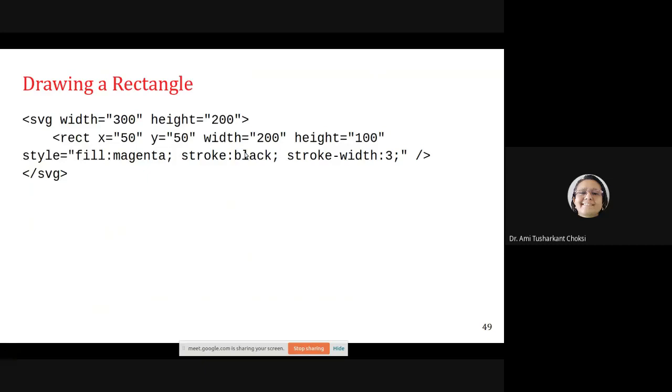So take care of this syntax. And SVG is required, as we know. So the fill color should be magenta, and the line color, that is the border color, should be black. Its width is 3.